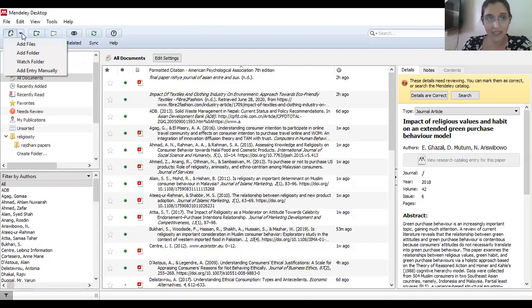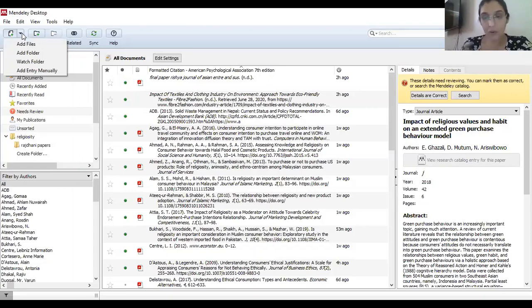I have pressed the add button. I want it in writing. Can somebody say what are the things you can see? Yeah, very good. Add file, add folder, watch folder, and add entry manually.